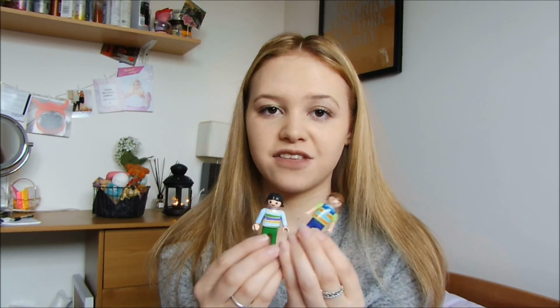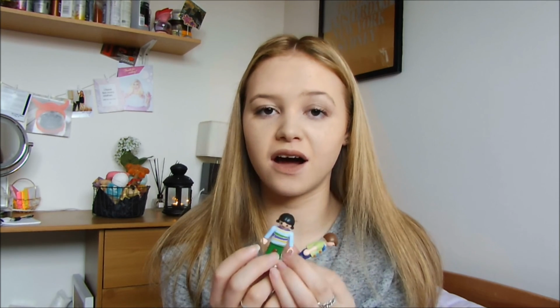Okay, so the next thing are these two little Playmobil characters. I used to be obsessed with Playmobil. Me and my brother, I used to have carpet on my floor and it used to be really hard to balance the Playmobil to stand up. So me and my brother would spend like, honestly, 5 hours setting up the whole scene, and then we'd have to have dinner, and we'd put all the cups on the table and the Playmobil,